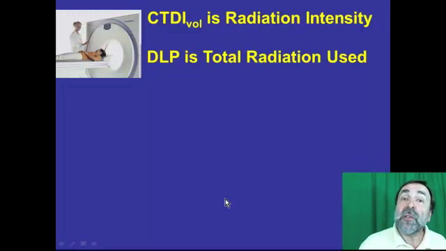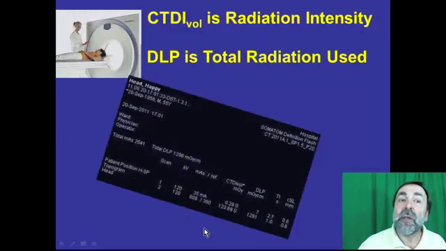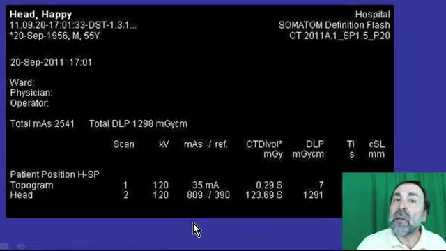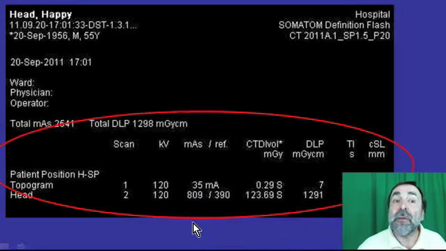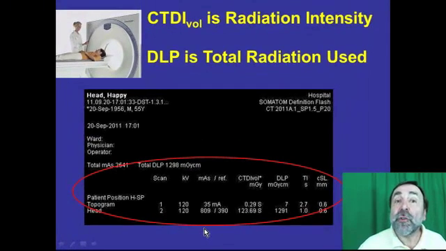And if you as CT operators are interested in these numbers, you should be, where are you going to obtain them? And the answer is, at the end of your exam, there is a dose summary sheet, and I have an example from a Somatom Definition Flash CT scanner, and down at the bottom you have an array of technique factors. And I just want to illustrate what you can expect to encounter for a typical head scan and a